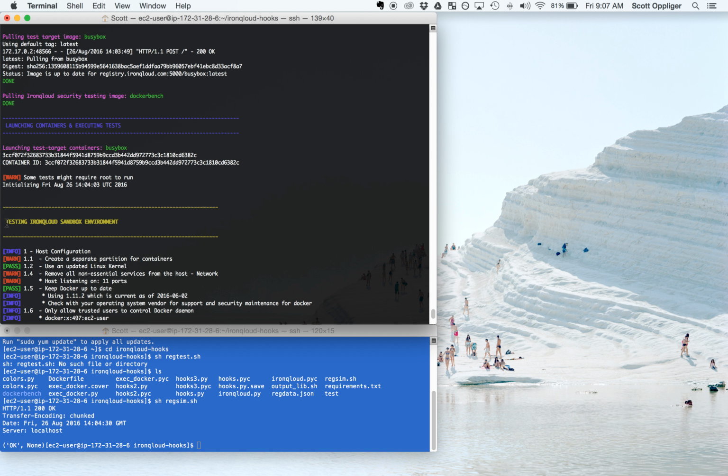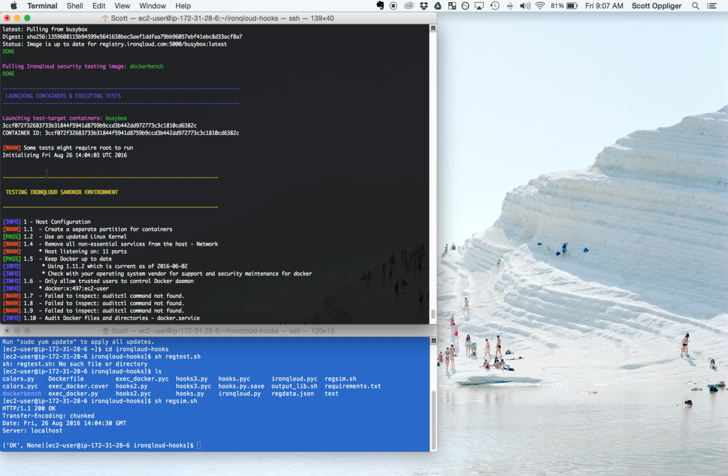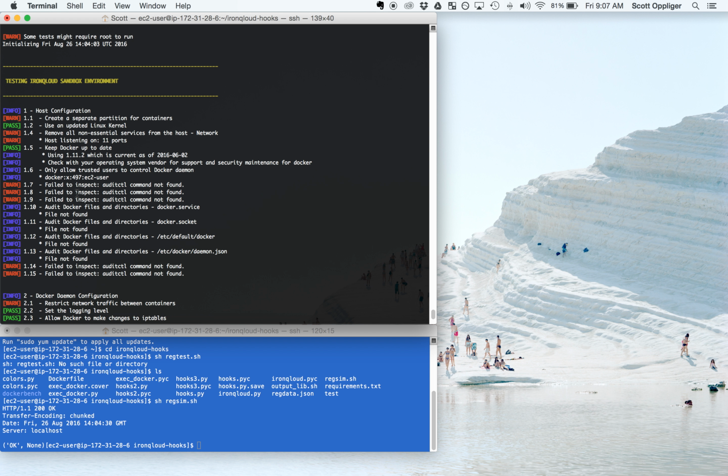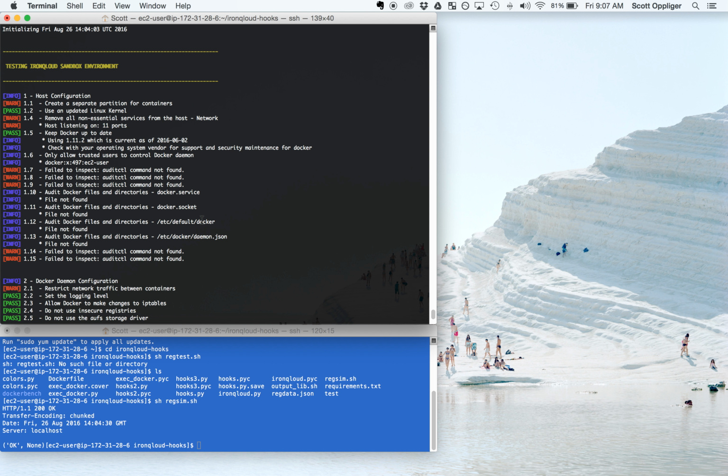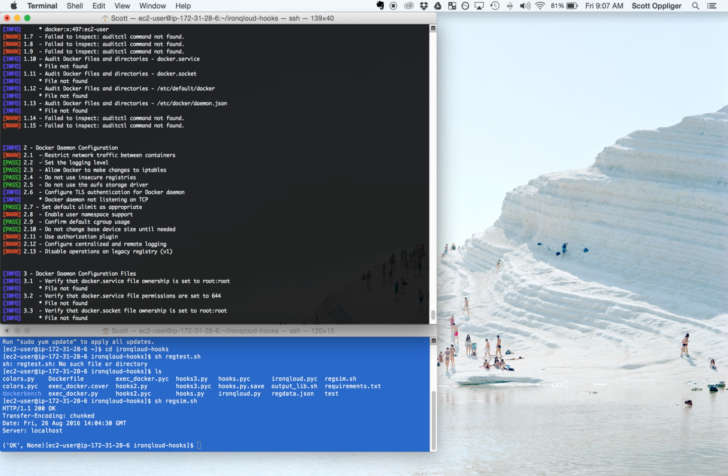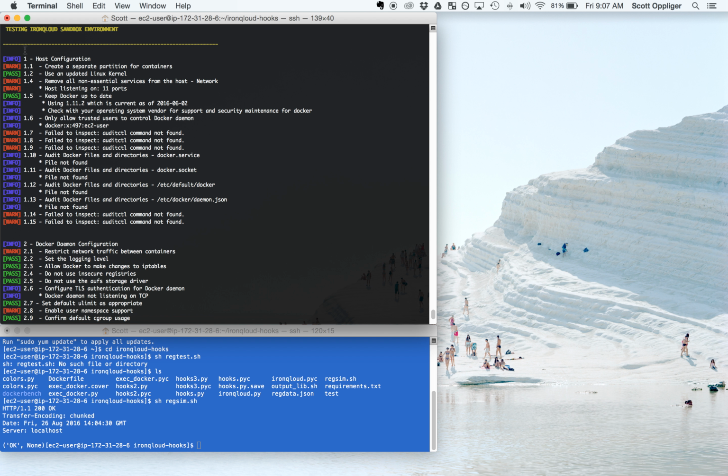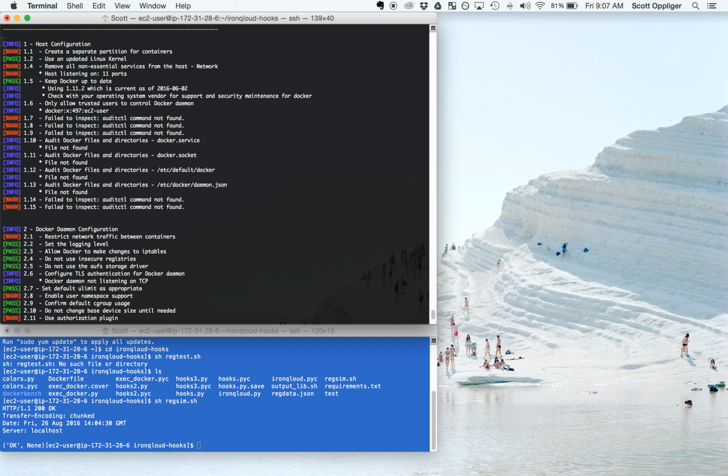So next thing we're doing is we're actually running the Docker bench script. So you can see here that this is the beginning of the script. The very first thing we do is test the Ironqloud sandbox environment. And what that refers to is the Docker host. So we're testing the Docker installation on the EC2 instance that we're running, and you can see it produces a lot of information here, and then it tests the Docker daemon, it tests the host configuration,